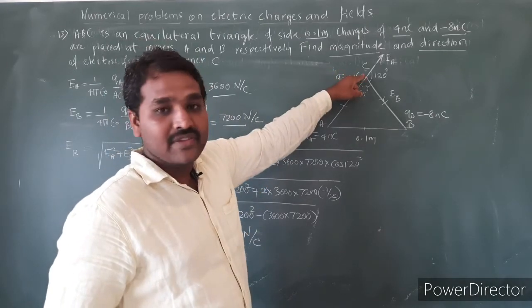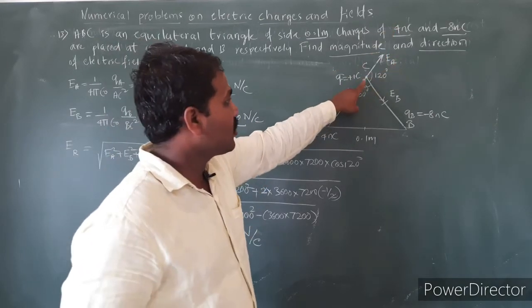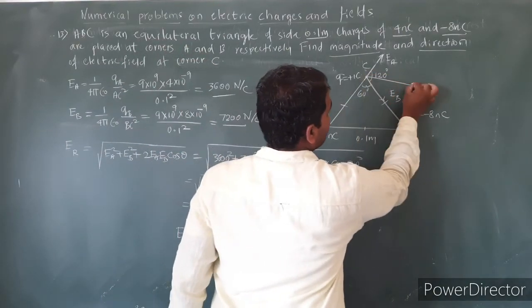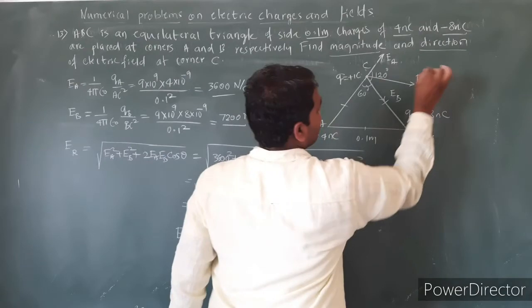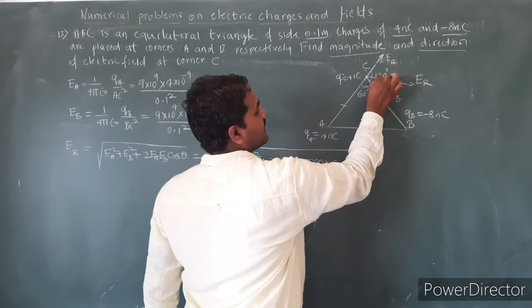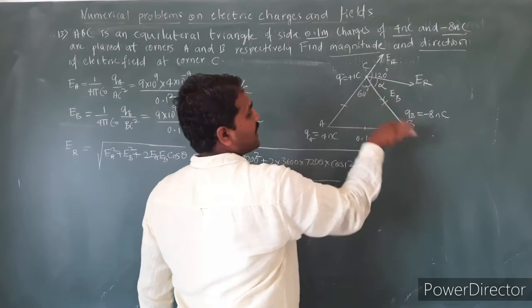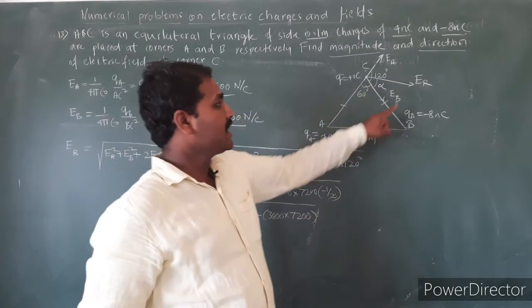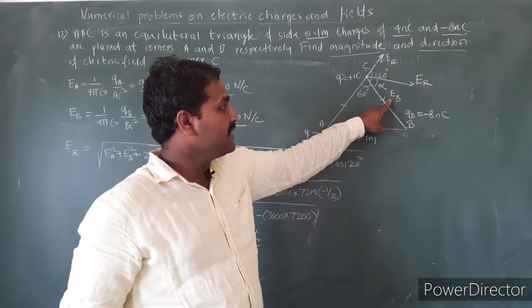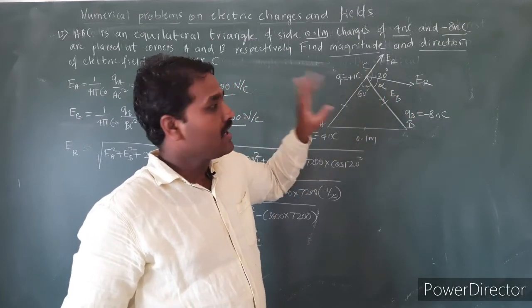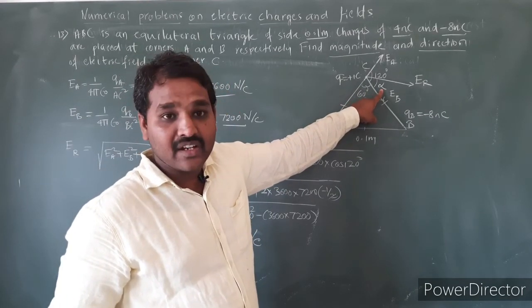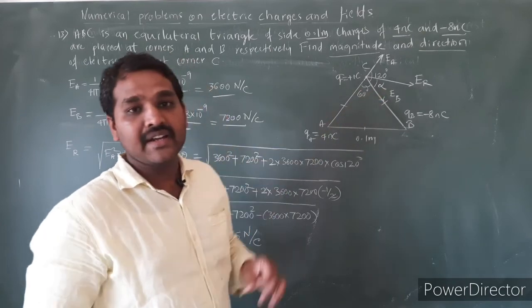So a resultant electric field will not be bisecting the angle. So we don't know what that angle is here. Let us assume the electric field is somewhere here. So this is the direction of electric field. If it is making some angle alpha with respect to EB, let me assume the angle between the resultant electric field ER and the electric field EB is alpha. I can find this alpha using the equation of tan alpha.